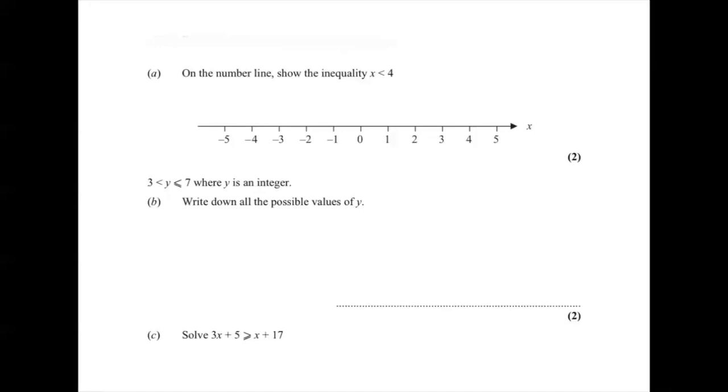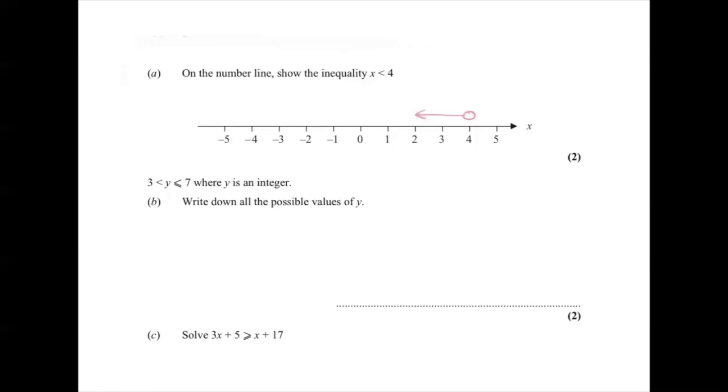Okay, so this inequality question, we are being asked to show on the number line x is less than 4. Now, a really great trick here is to use the symbol itself as an arrowhead. So we're going to put a circle over the 4. We're pointing down the number line with our arrowhead and popping it on the end of the line. It really doesn't matter how long your line is, but it is important that you have the arrowhead on the